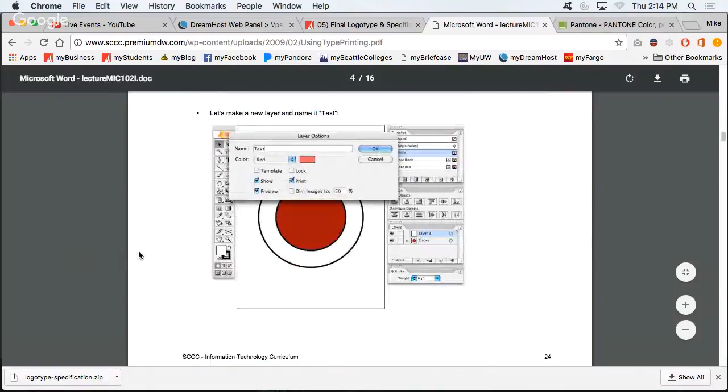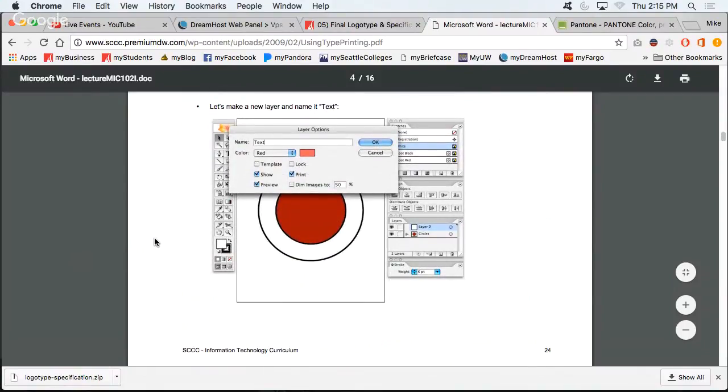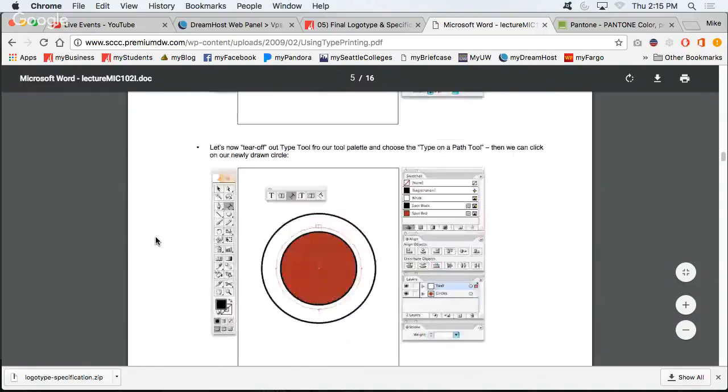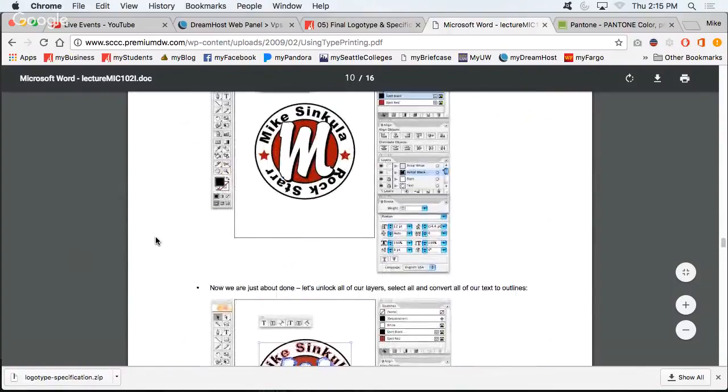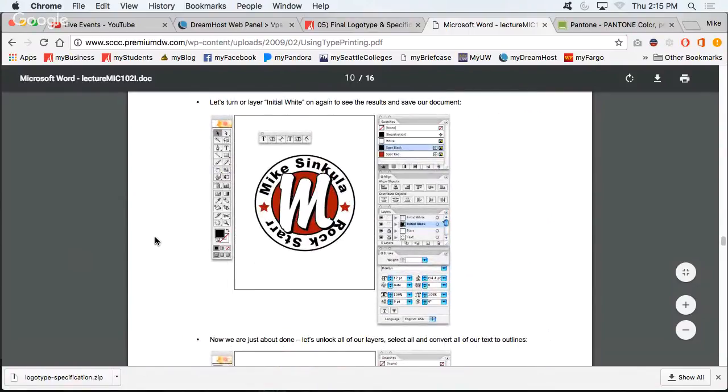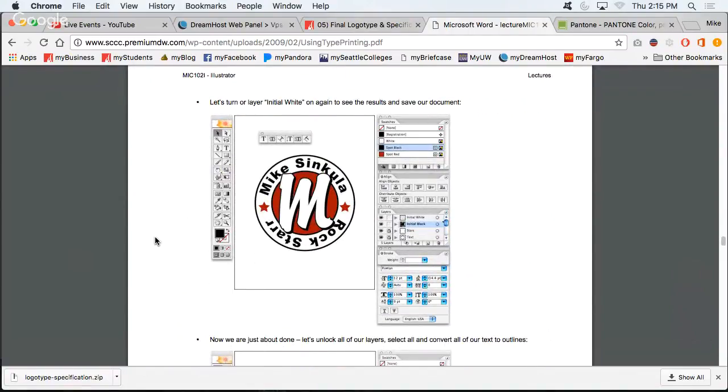Did he talk about spot colors in this one? He did? Okay. So basically, if you have some kind of a logo like this, let's say you were going to put this logo on a t-shirt,